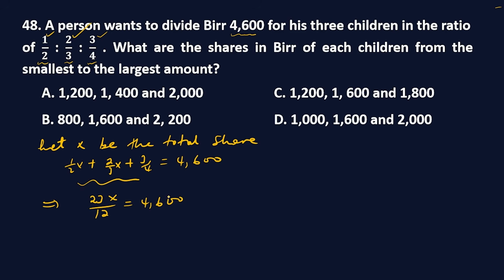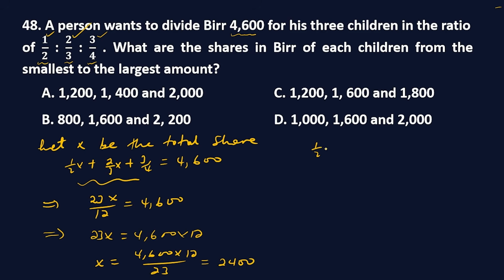Okay so crisscross እናደርገዋለን። ይሄ ምን ይሰጠናል? 23x is equals to 4600 times 12. Okay dividing both side by 23 የኤክስን ዋጋ እናገኛለን ማለት ነው። 4600ን በ12 አባዝተን ለ23 ስናካፍል የምናገኘው የኤክስ ቫልዩ 2400 ነው የሚሆነው።